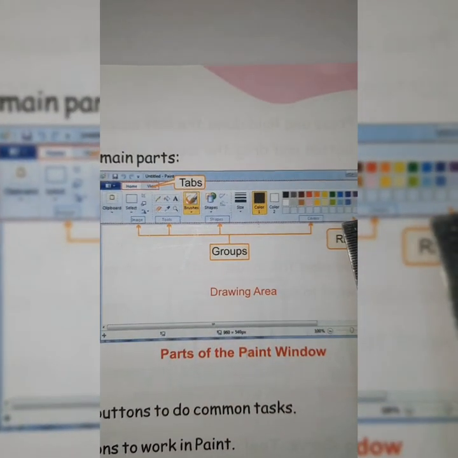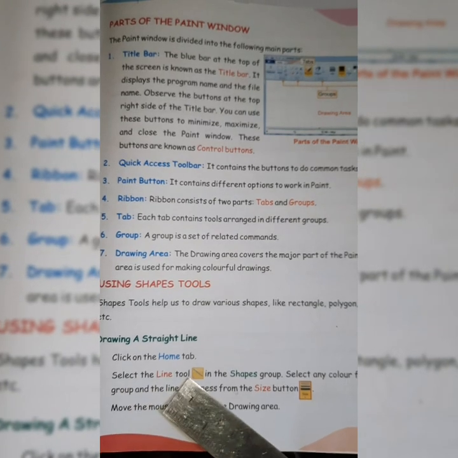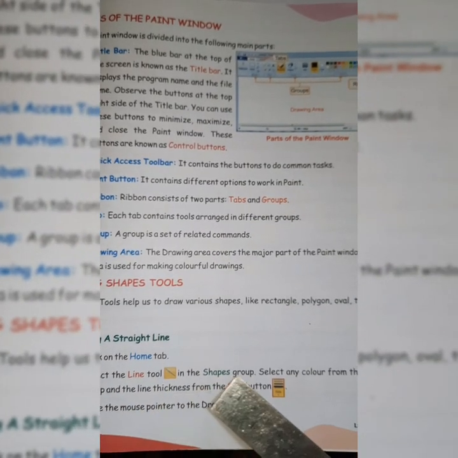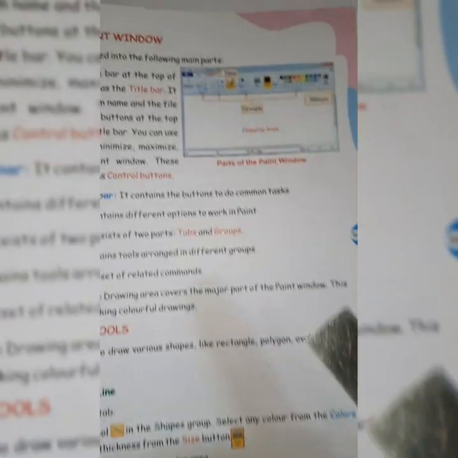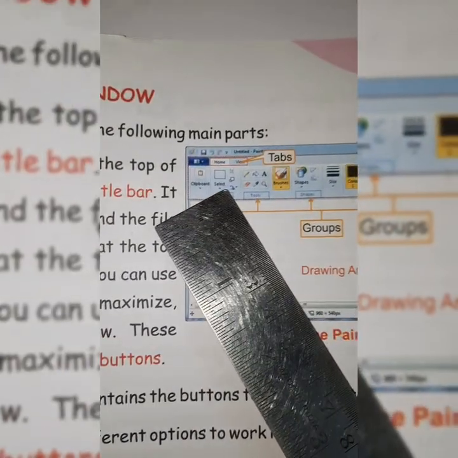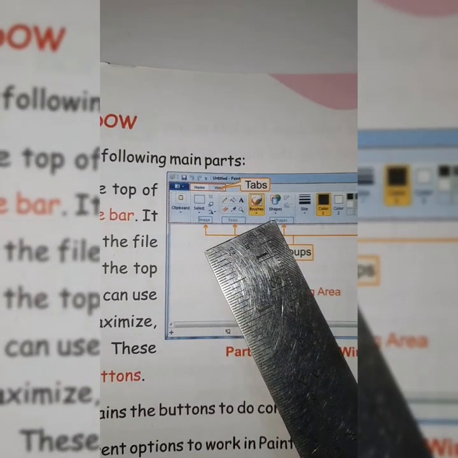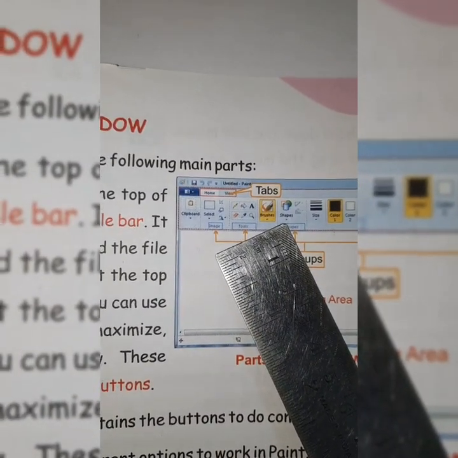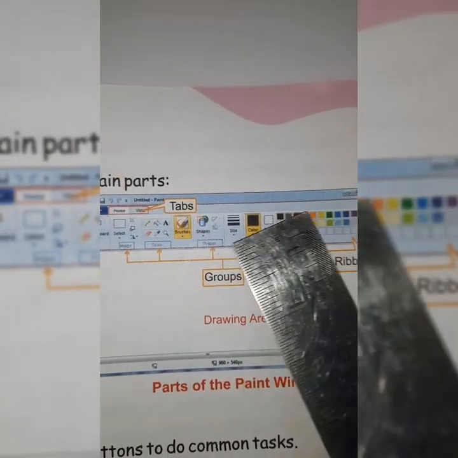These groups will open up. Then select the Line tool in the Shapes group. Select any color from the colors. So from these Shape tools you have to select the Line tool. Under the Shapes tool, you have a Line tool. You select that tool from here and you can select any color from the colors group.